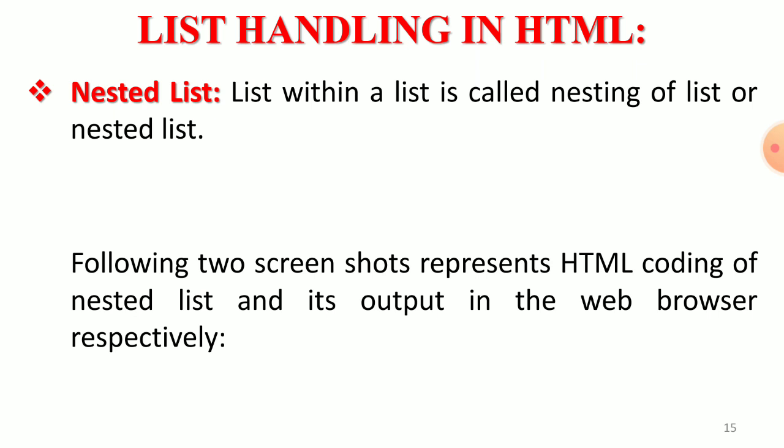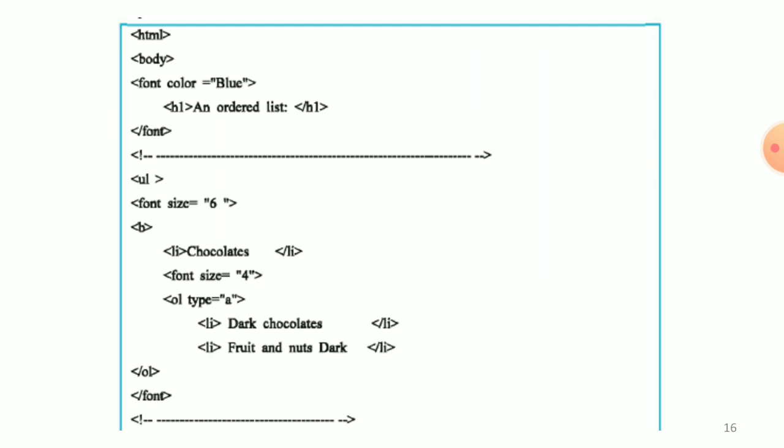Nested list, that means a list within a list, is called nesting of list or nested list. The following two screenshots present the HTML coding of a nested list and its output in the web browser respectively. First, open a text editor and then type the coding: HTML body font color equals to blue, h1 ordered